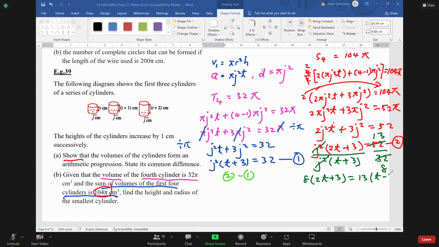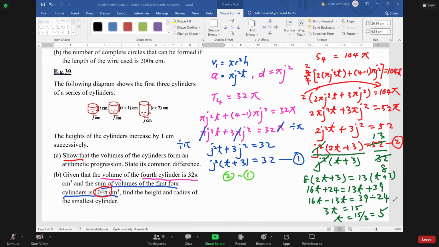plus 3), right? So 16t plus 24 must equal 13t plus 39. So 16t minus 13t must equal 39 minus 24. Okay, so 3t equals 15. So t equals 15 divided by 3. So t is 5. Okay, so after that, once you got t is 5, you sub into the equation,